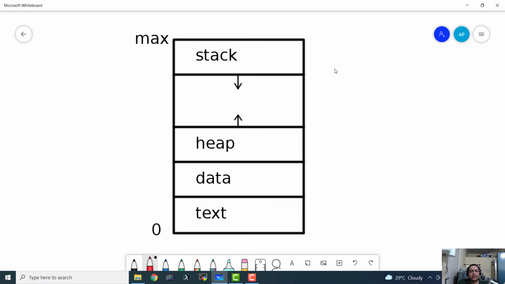This is Ashwin, and in this episode, we are going to understand the concepts related to processes. So, let us get started. I have here the memory map of a running process. Let us first understand what a process is, and then we can proceed ahead.